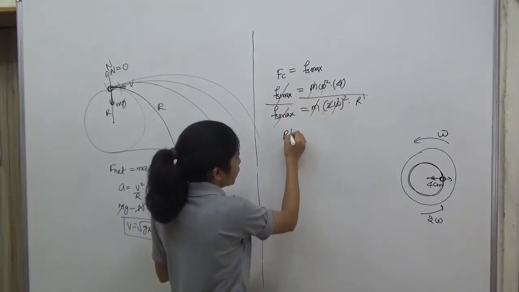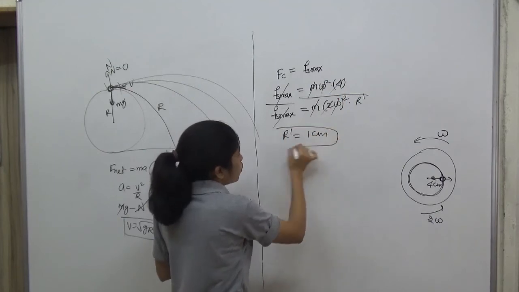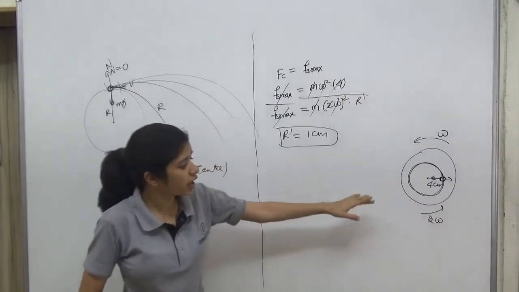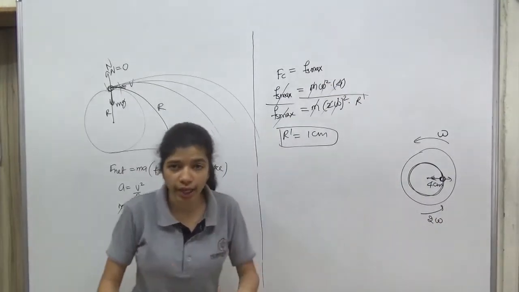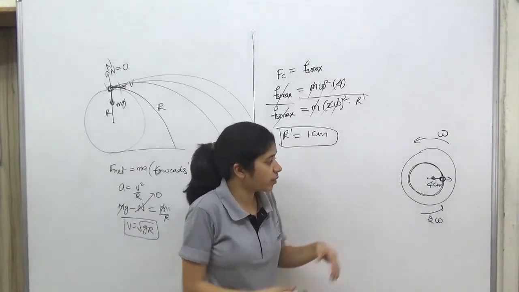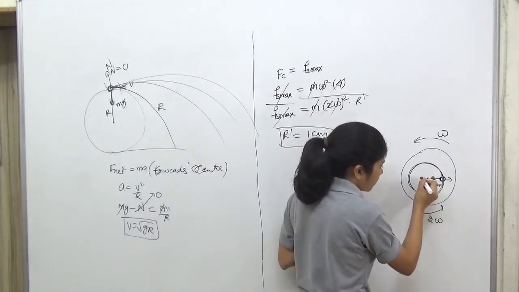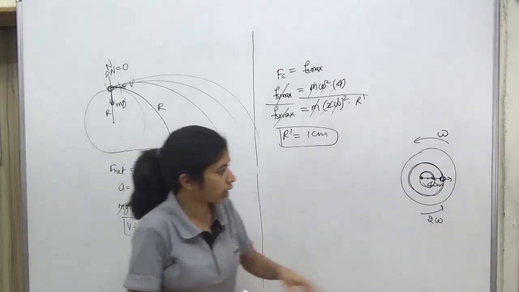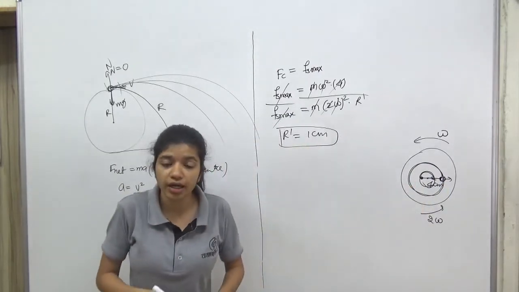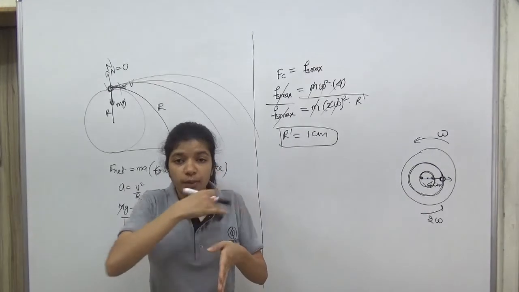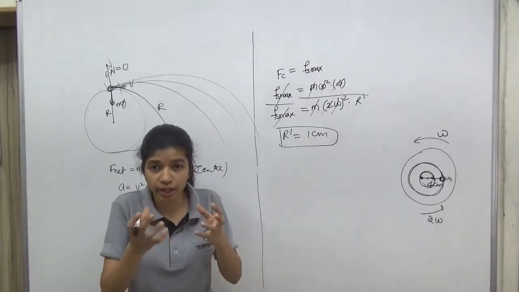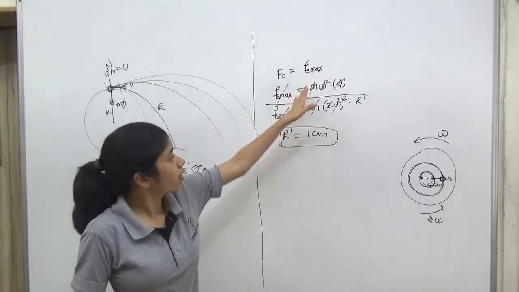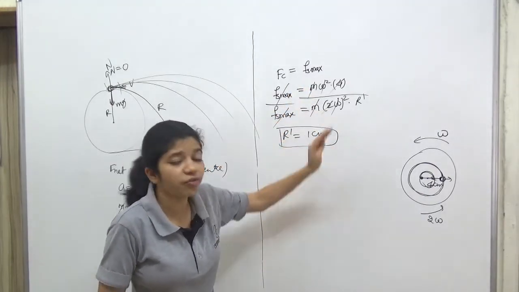So r dash is equal to 1 centimeter. So when the omega has increased, omega जब increase हो गया है, कितना, 2 ओमेगा डबल हो गया है, तो ये 1 सेंटीमीटर पे ही, यहाँ पे मान लो 1 सेंटीमीटर मतलब यहाँ इसी सर्कल में वो कंडीशन आ गई, वो स्लिप होकर के क्लोजर टू सेंटर आ गया. 1 सेंटीमीटर पे ही सेंट्रीपेटल फोर्स मैक्सिमम फ्रिक्शन की मांग कर रहा है. नेसेसरी सेंट्रीपेटल फोर्स इज इक्वल टू मैक्सिमम फ्रिक्शन.